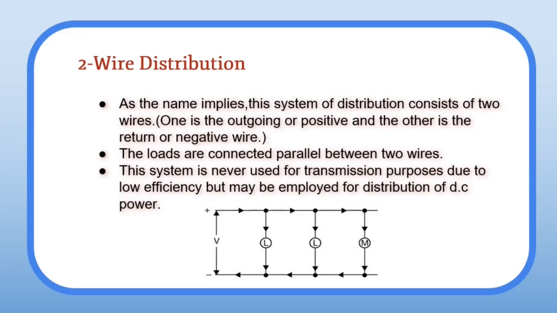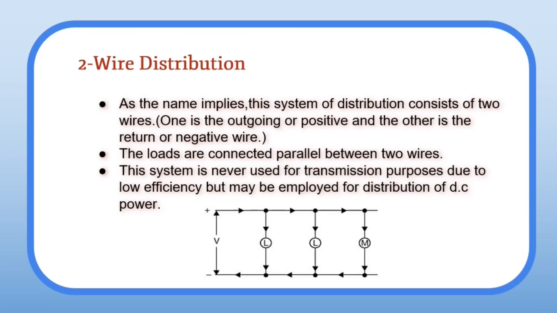Now coming to 2-wire DC distribution. As the name implies, this system of distribution consists of 2 wires. One is outgoing or positive and the other is return or negative. The loads are connected in parallel between the 2 wires. This system is never used for transmission purposes due to low efficiency, but may be employed for distribution of DC